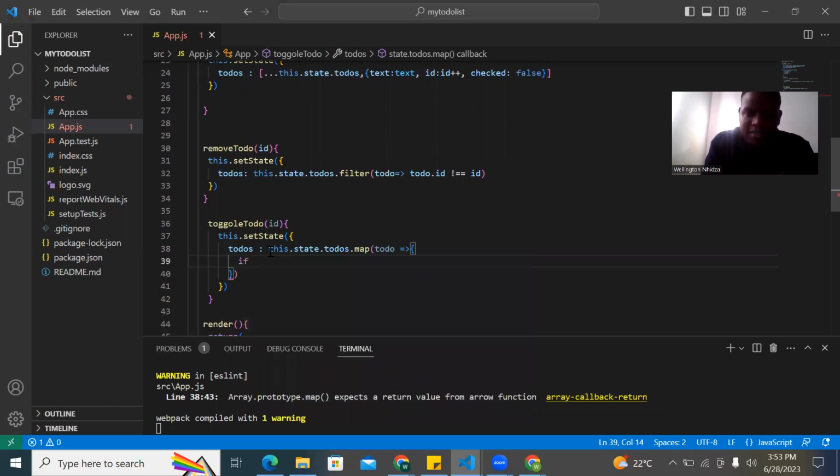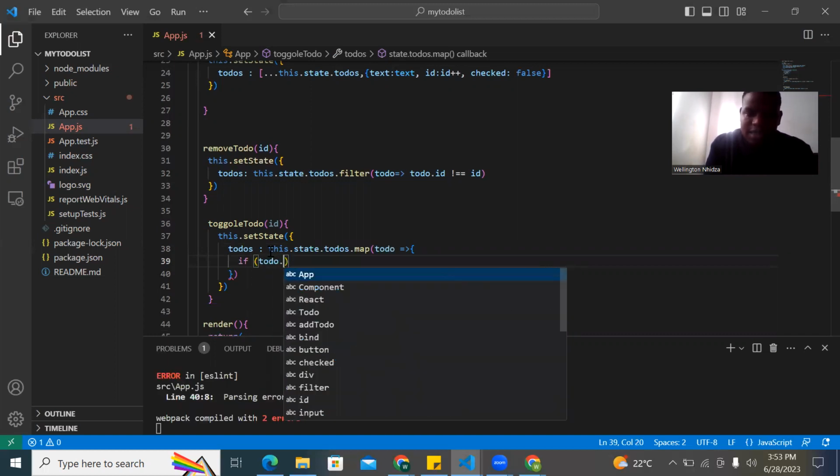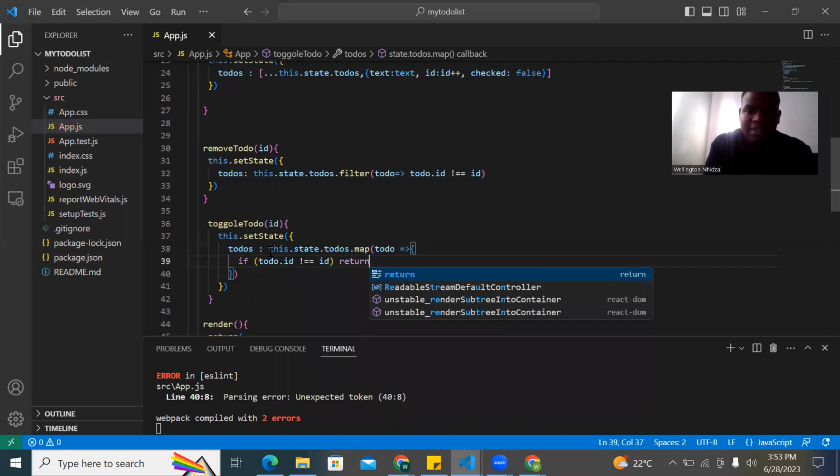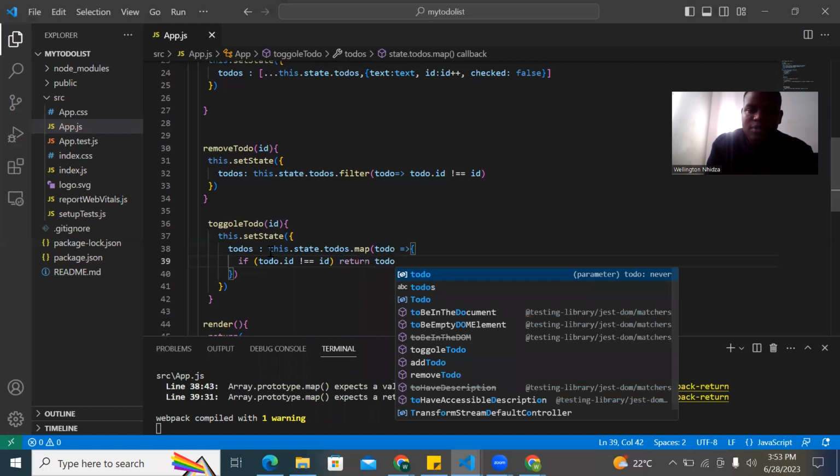Say if, what would be a condition? If the todo.id is not equal to the id, then it should return that to-do,